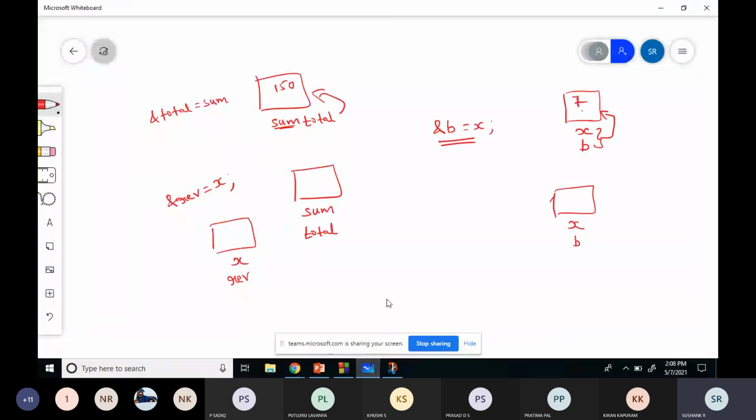So already x contains 15, and I'm calling add of 15. Then b is equal to b plus 7 I've written. So x contains 15, so 15 plus 7. We will just work out with the snippet.